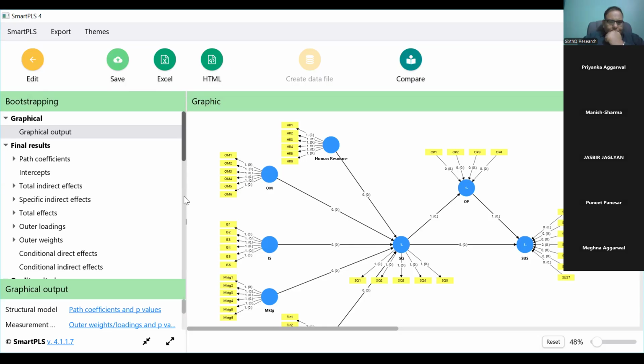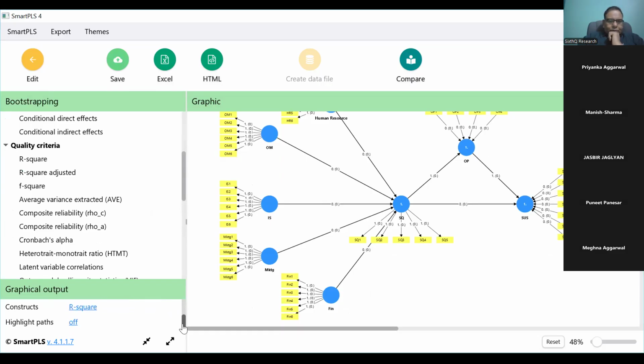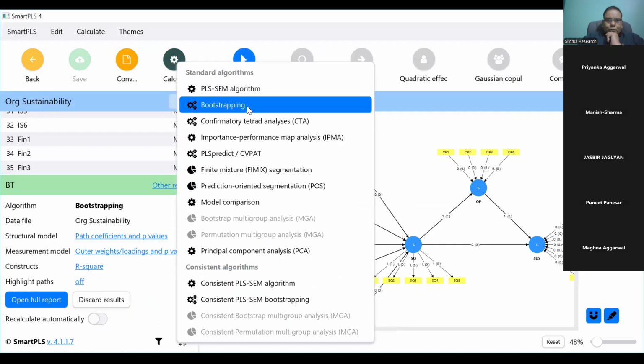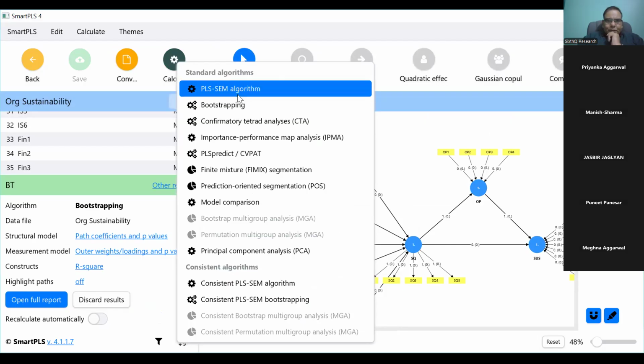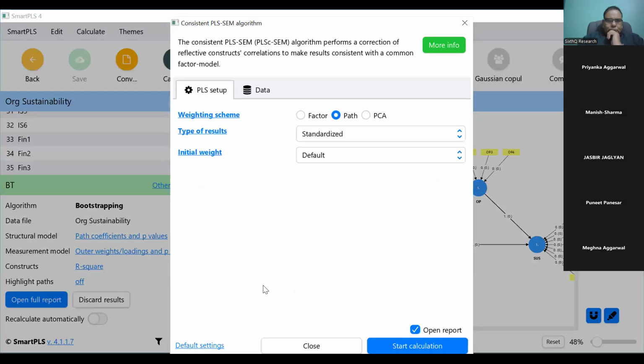सर, वर्जन से तो फर्क नहीं पड़ेगा ना, क्योंकि मैंने लेटेस्ट अपडेट किया है। नहीं, ये फटना तो नहीं चाहिए। एक बार थोड़ा नीचे स्क्रॉल डाउन करो, ग्राफिकल इनपुट के नीचे जो लिखा हुआ है। इसमें स्टैंडर्डाइज अनस्टैंडर्डाइज का कोई ऑप्शन तो नहीं है? नहीं सर, ऐसा कुछ नहीं है। एक बार एडिट पे जाओ दोबारा। कैलकुलेट, कंसिस्टेंट पीएलएस, नीचे। स्टैंडर्डाइज डिफॉल्ट। अब स्टार्ट कैलकुलेशन करना।